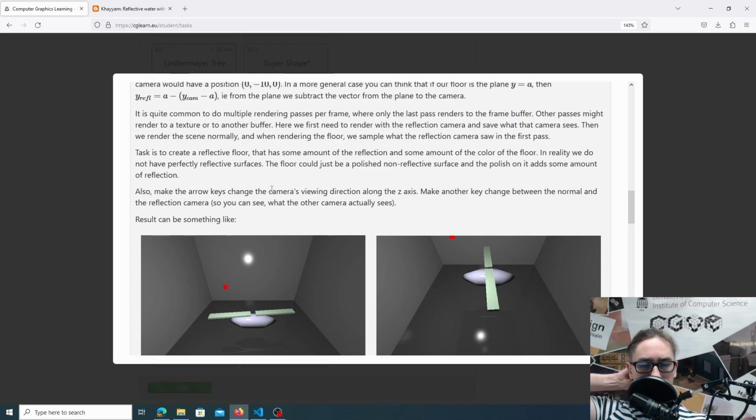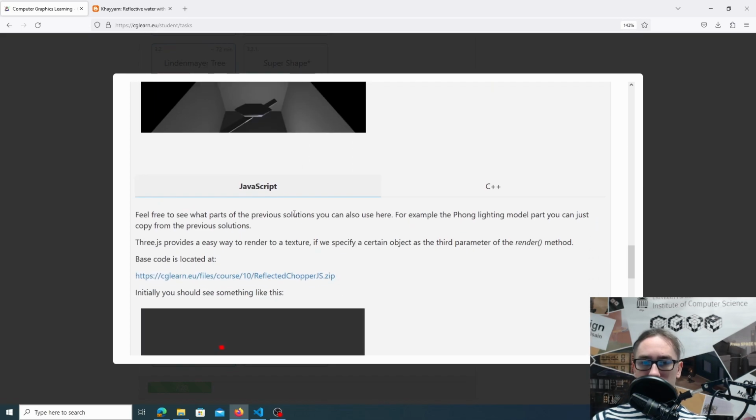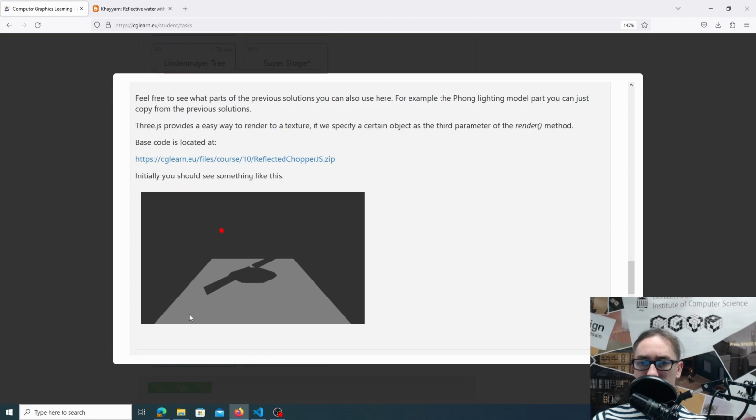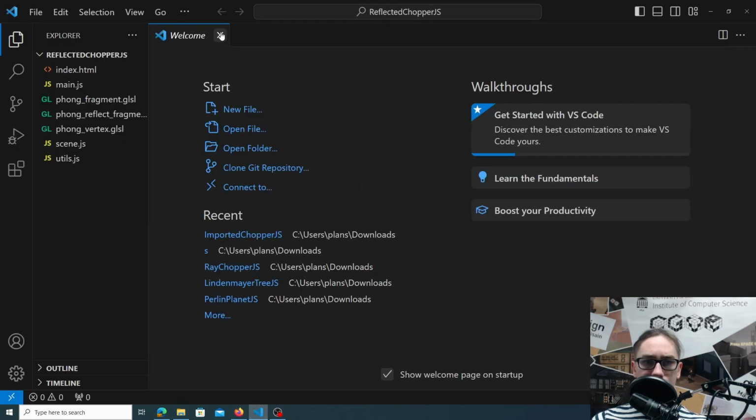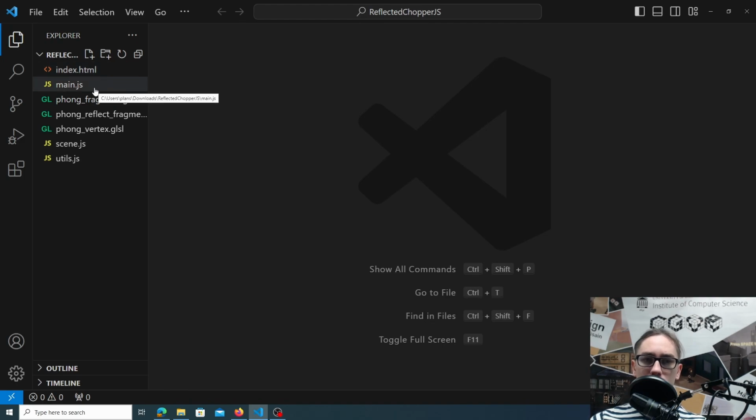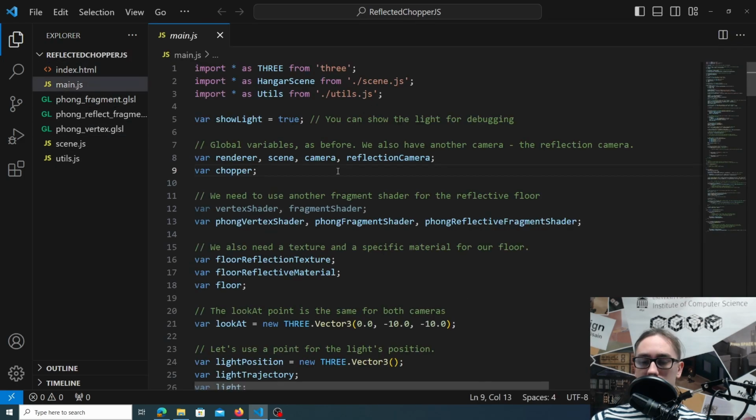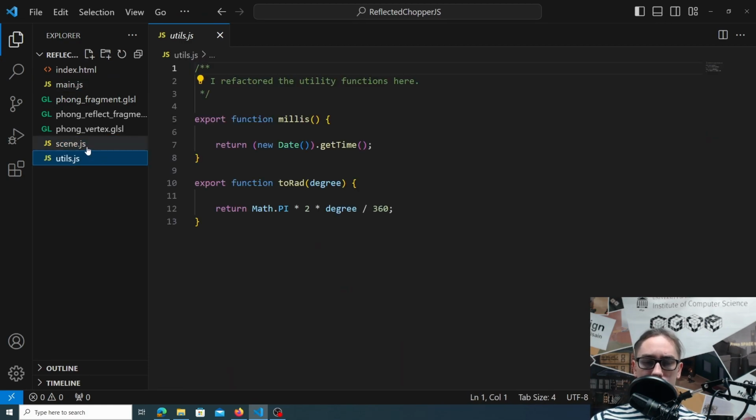And now let's look at the code, or download the code. The default state should look something like this. So the code is here. In this code, we have 7 files. In the main, we set up the cameras and uniforms. Then we have a scene and utils. The scene and utils just basically